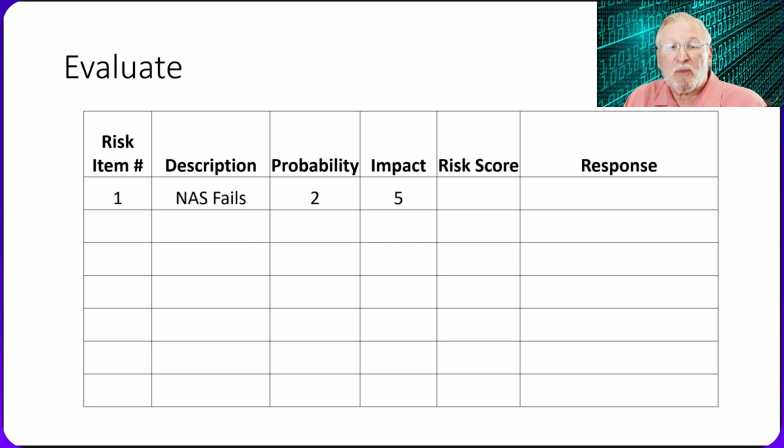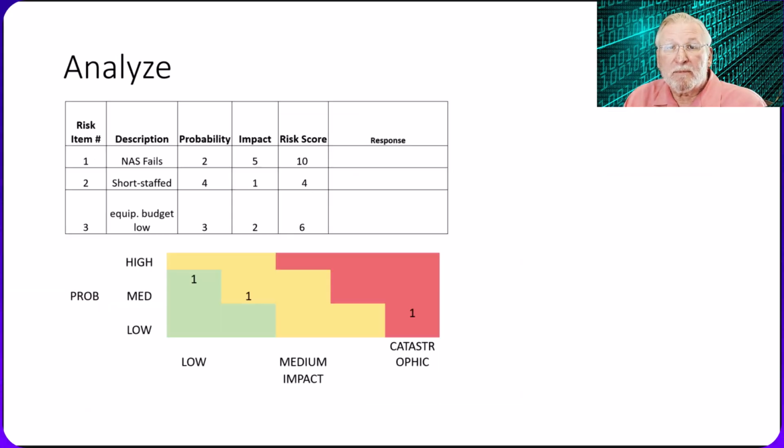So we see that there's a probability that some event may occur, and then there's the degree of impact. Some things might happen that are pretty trivial. Some things can happen that can kill the project. Next, multiply the probability by the impact to come up with a risk score.